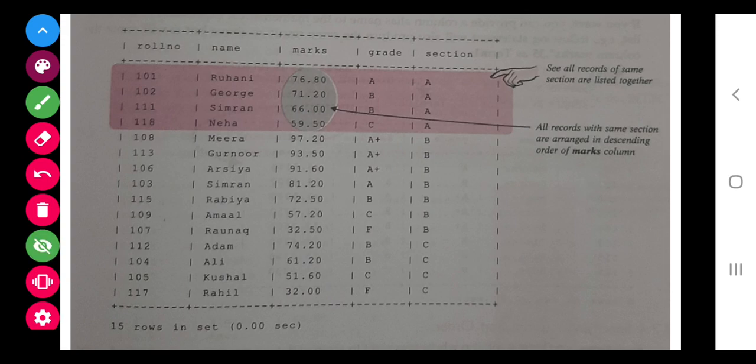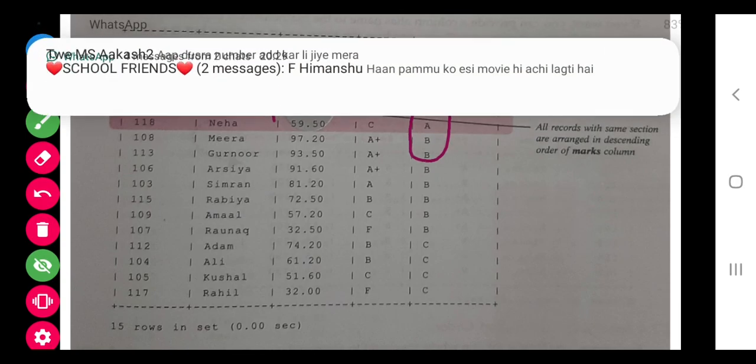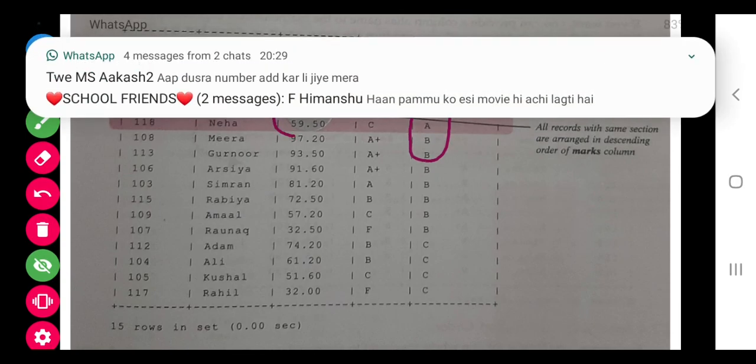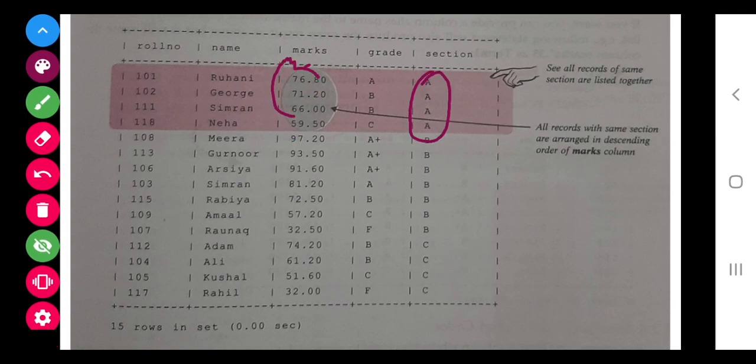First of all they will specify all A's together, and accordingly it is arranged in order. You can see that the marks are in descending order and this is all A. If you give this also in ascending order, that can also be done, that's not a problem.